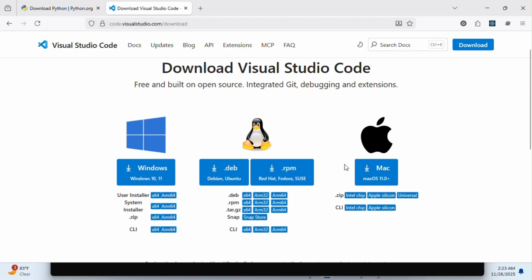Once you have that, I'm not running this because I already have Python and VS Code on my computer, so I won't be running it. But it's very easy. It's an easy step to take to download all this software. So once you install your VS Code,